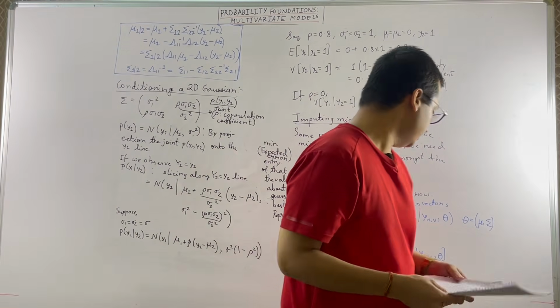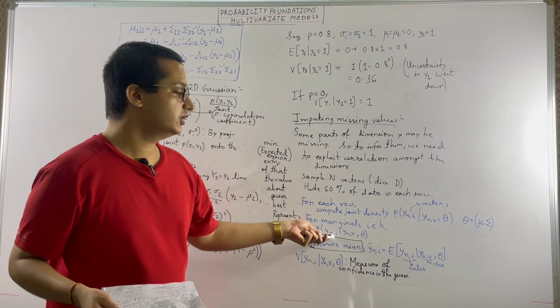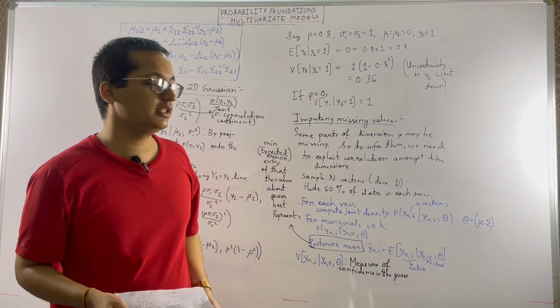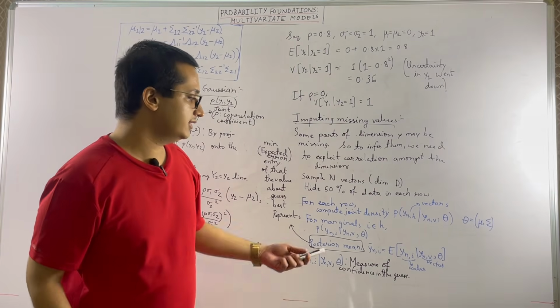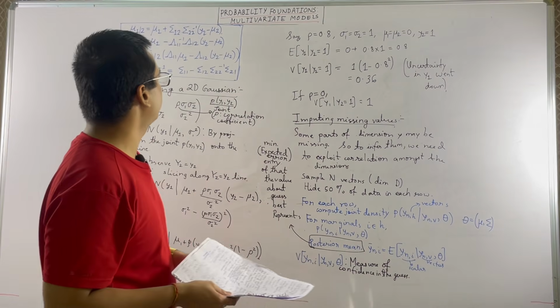Another way is that we can draw multiple samples. Since we have found out the distribution for the marginal, we can draw multiple samples and compute the mean of that. That is a process called multiple imputation. Okay, so